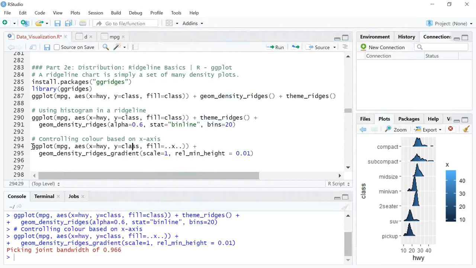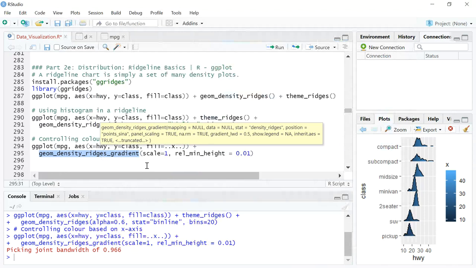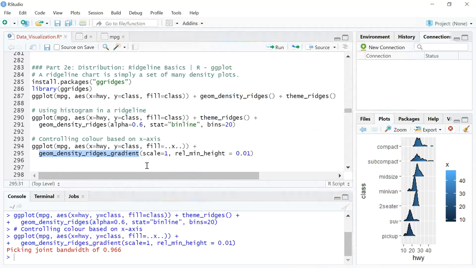So what do you do? You will plot the same thing, but instead of fill is equal to class, you are now just going to say what is in your x-axis. You say ..x.., so that it clearly understands that's what you want, and you will pass on the geom_ridges, but this time with a suffix, which is a different function, geom_density_ridges_gradient.